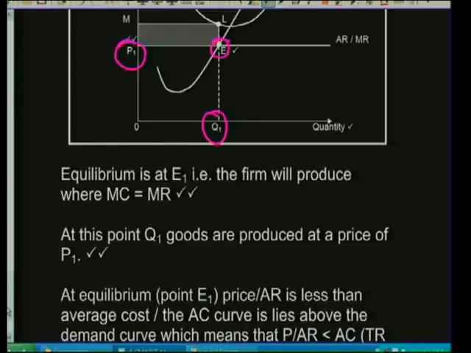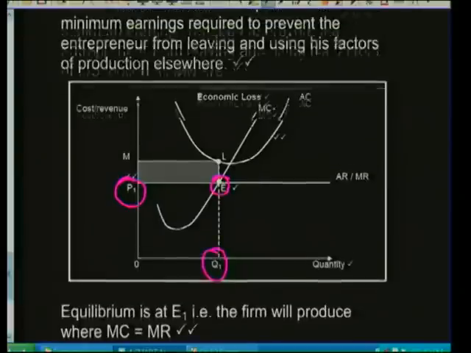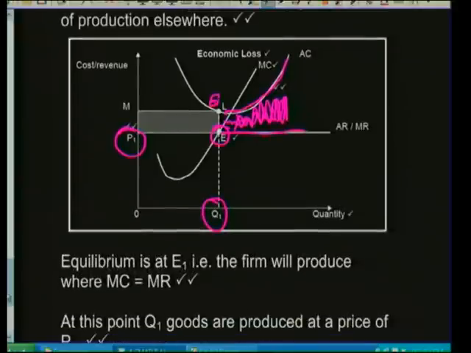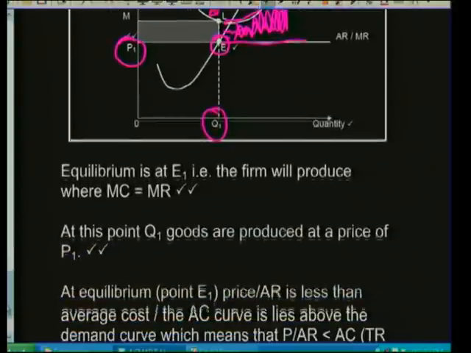price or average revenue is less than the average cost. So you have to look at E1, which they did not indicate here. So that is E1. At that level, you can see that your average cost is higher than your average revenue. So there's a gap between that, which means that you're actually not covering all your costs. And it does make sense that if your costs are more than your income, that would not be worth your while to run that business.